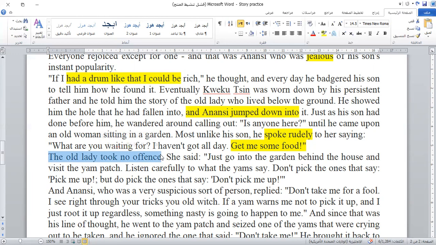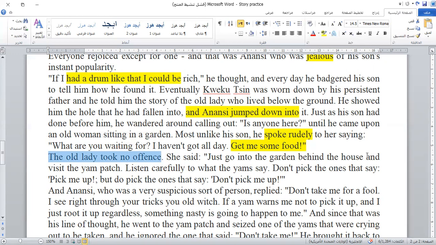Now, why does the character of the old woman stay the same? Because she's not central to the story. She's a tool to explain to us readers that if you're bad and greedy and horrible, bad things are going to happen to you. But if you're good and nice and well-mannered, good things are going to happen to you.